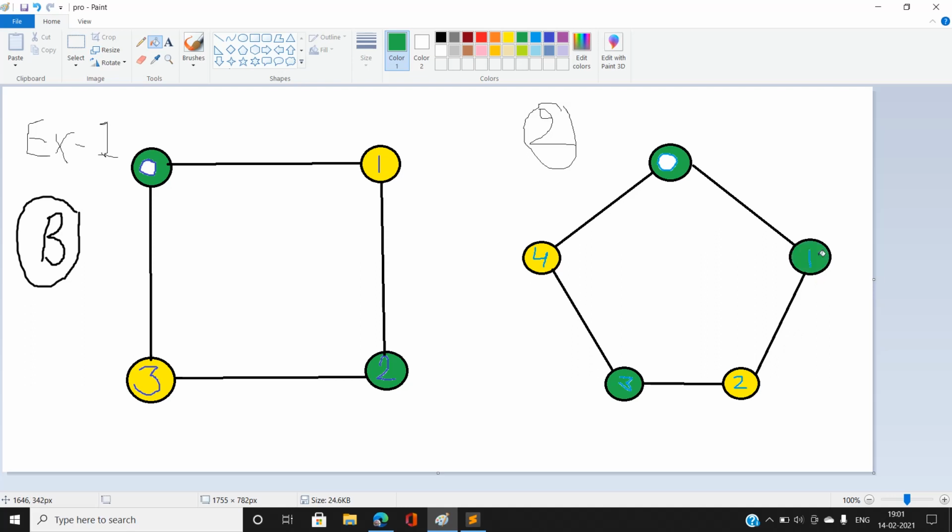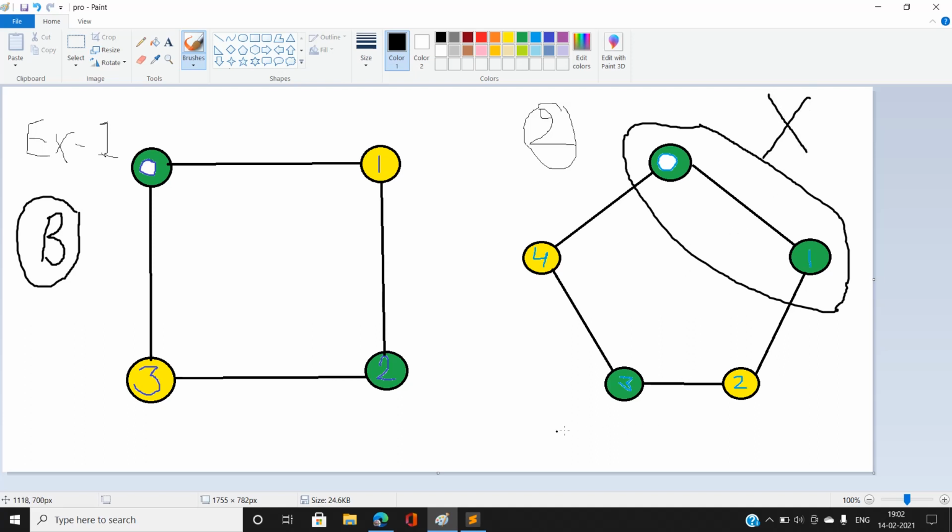Note that here we can say a contradiction arises. So what is that contradiction? Note that this is a cycle of what? Odd length. This is a cycle of odd length. Also, if we try to color the nodes using only the two colors and the cycle is of odd length, note that these two nodes are adjacent nodes, and if we try to color them using their neighbors, you can see the two nodes are of the same color. So this is not going to be possible. So I can say that the graph is not going to be a bipartite. Okay, so the graph is not a bipartite in this case.